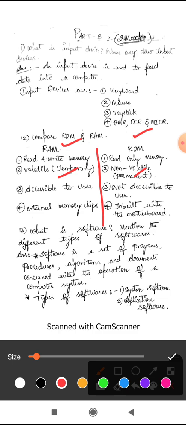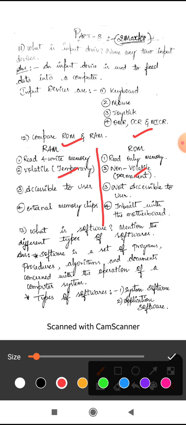But ROM is directly embedded on the motherboard, so you cannot access the ROM. For RAM, you can easily take it out from the CPU's motherboard, but ROM is completely embedded and you cannot take that ROM chip outside. So it is not accessible for the user.